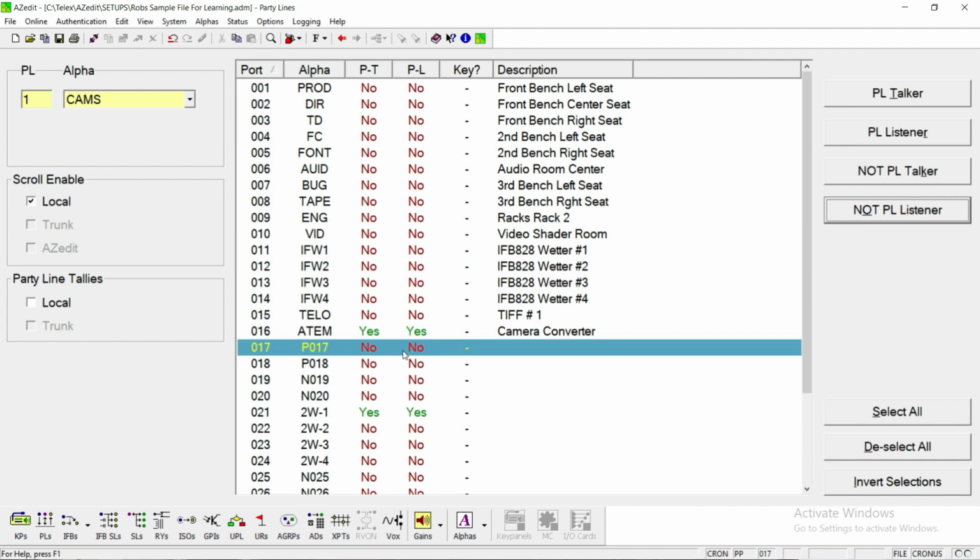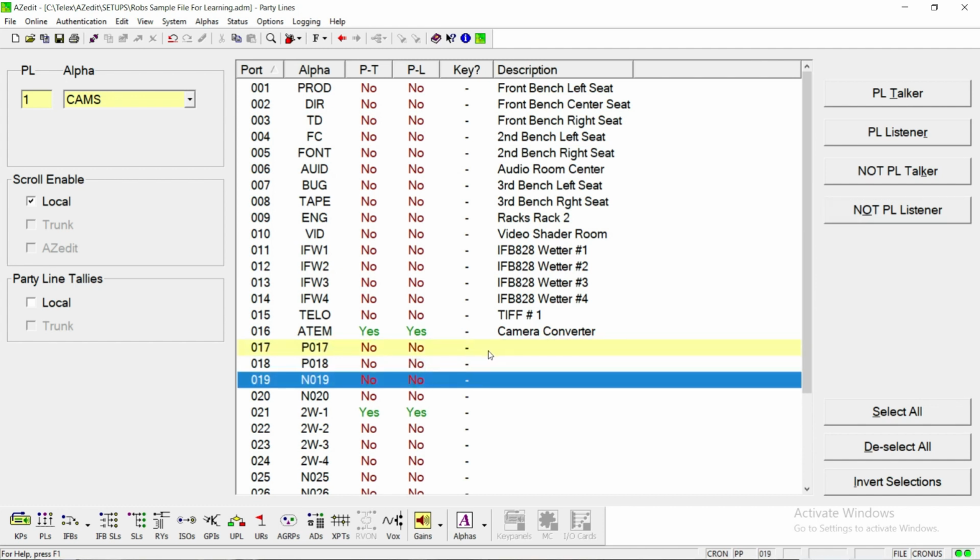That's right. So we learned about the yellow line in the last episode of unsent changes. At this point, this port 17 would still be hearing this traffic until I either save or activate the changes. Don't care about it today, but it is a point that should be made. Intercom changes, most of them have to be sent or saved. Saved to your computer file or sent to the running config file that is in the